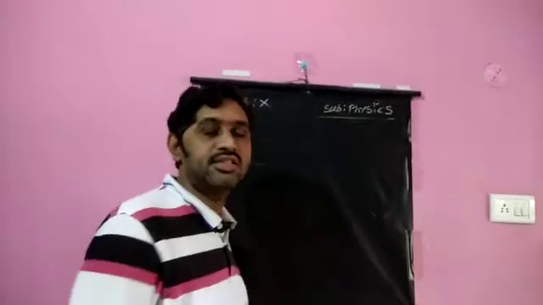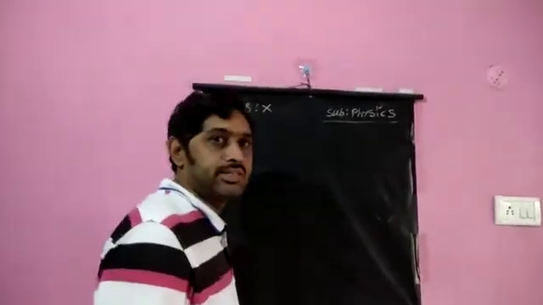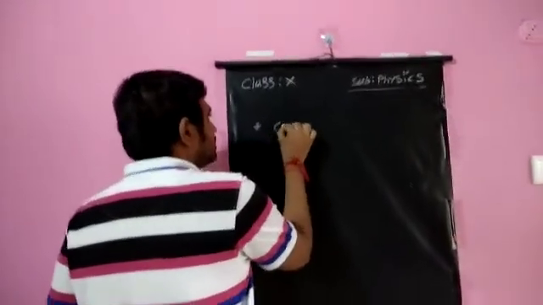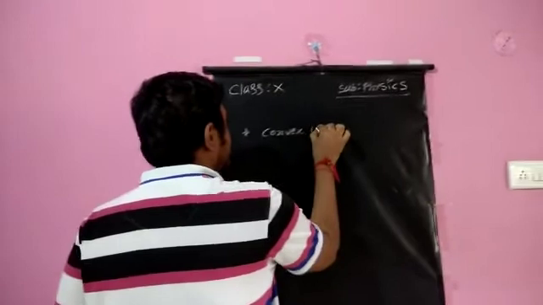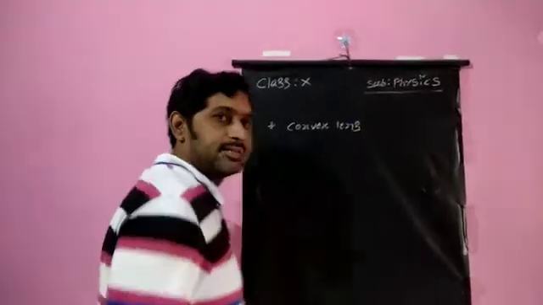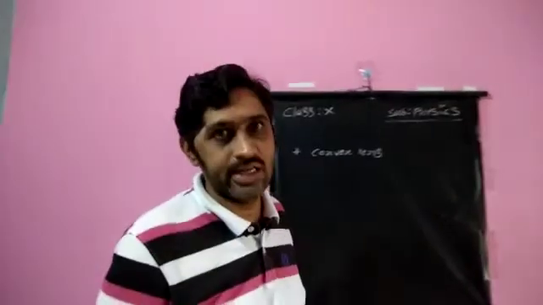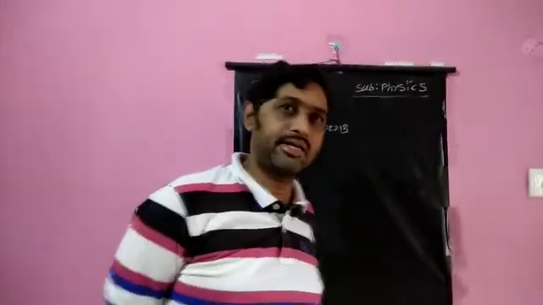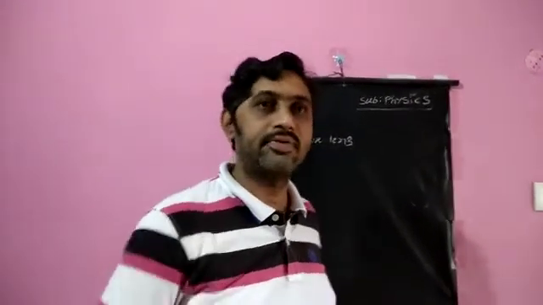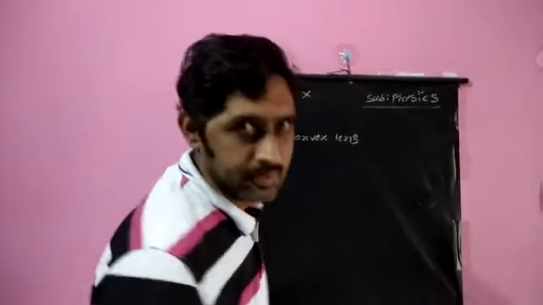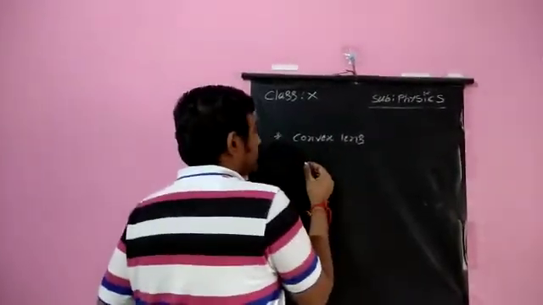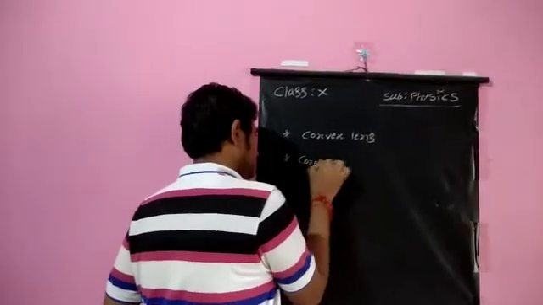Class 10 physics. In the previous class, we discussed lenses. In lenses, there are two types we mainly study here: the convex lens and the concave lens. A lens is a transparent medium bounded by two spherical surfaces, where the light can enter from both sides of a lens. When light travels through a lens, it gets refracted. So lenses refract the light, that means they bend the light when it passes through them.